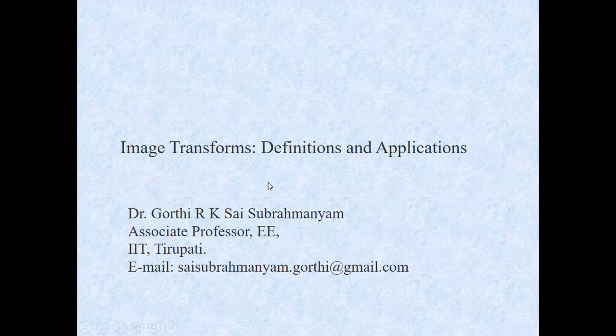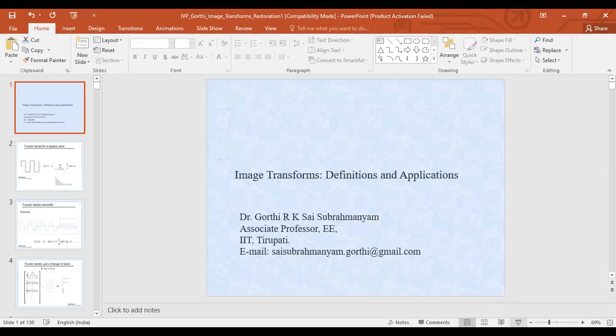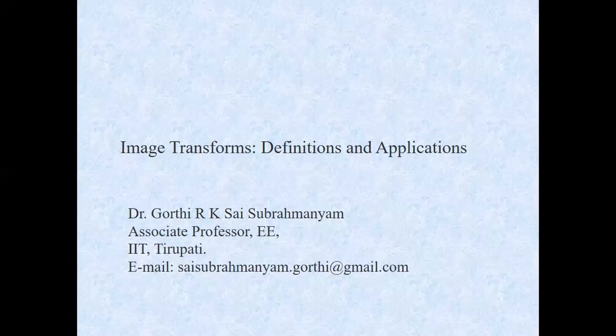So you know about Fourier transform, right? So what does Fourier transform do? Yeah, I need quick answers. Otherwise, I will move on and just give a lecture here. Sir, from time domain to frequency domain, we will convert using Fourier transforms. Okay, it will convert from time domain to frequency domain.